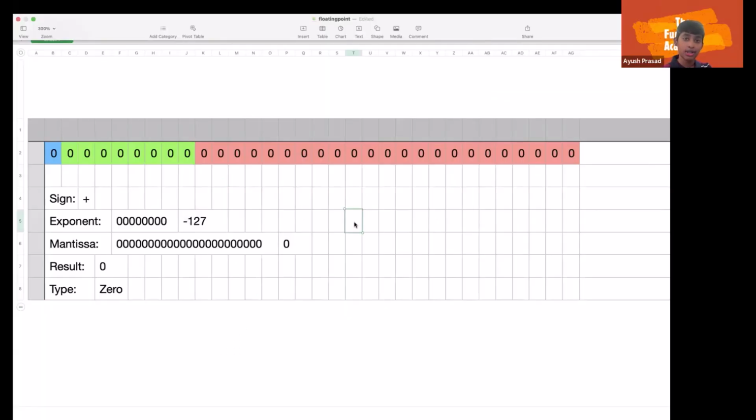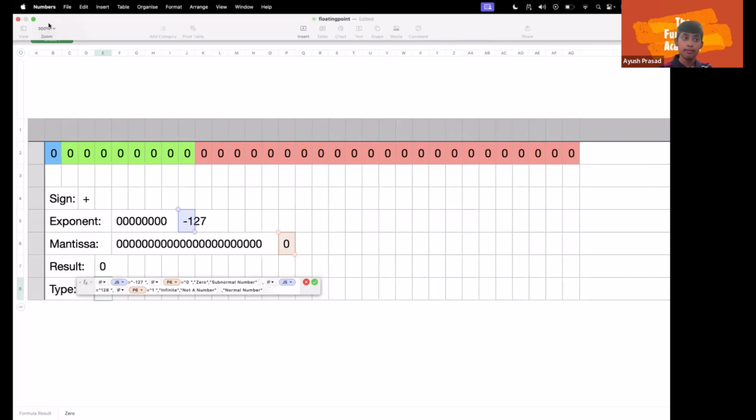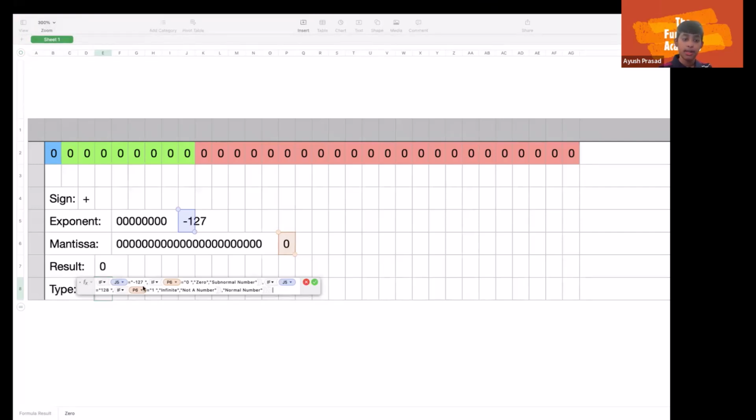Now, over to me, Computer Ayush, with everyone's favorite trusty floating point spreadsheet. Now, as I mentioned in the intro, we are going to be discussing the more interesting types of floating point numbers. Quite conveniently, I have a column here labeled type that shows the type of number that we are storing. Now, if we click on this type column and see the formula, because remember, all of this is made with standard macOS Numbers formulas, we can see that I have written down 5 specific types of numbers that this system